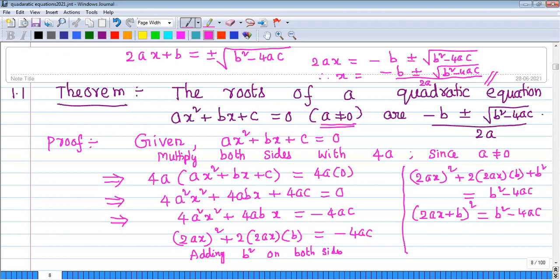Okay, now tell me, what are the roots of ax square plus bx plus c is equal to 0? What are the roots here? Plus or minus means if you take the plus sign, you get alpha. If you take the minus sign, you get beta. Two roots you will be getting. So that means we conclude that a quadratic equation cannot have more than two roots. The roots will not exceed 2. We cannot say that it has only 2 roots, but at most 2 roots.